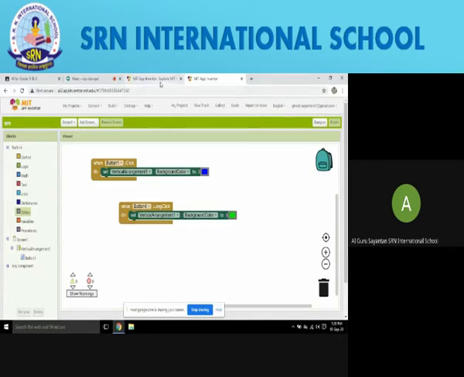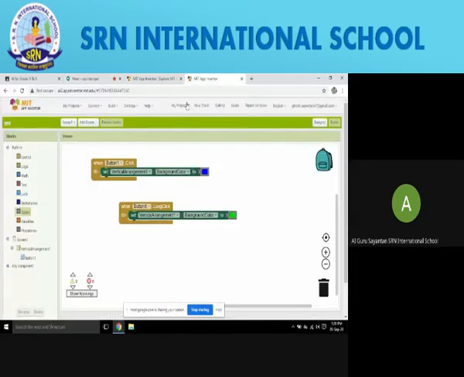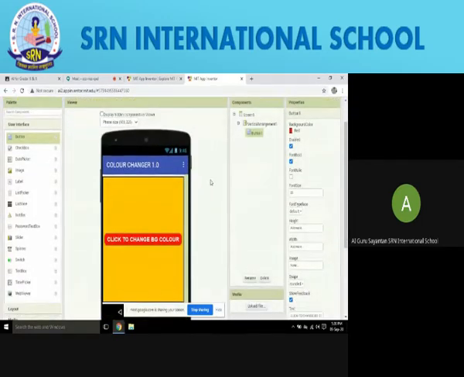Now there is a small task for you. In order to share our own prepared application from computer to our phone, there is an application which needs to be downloaded.